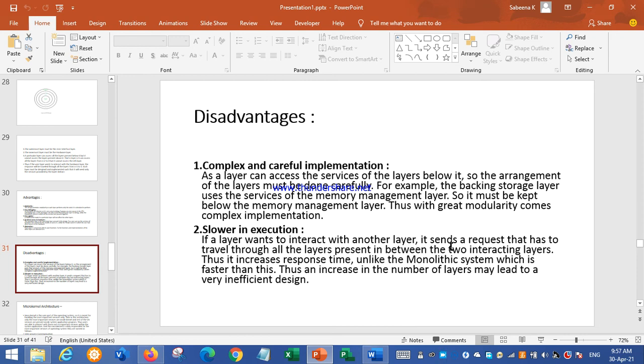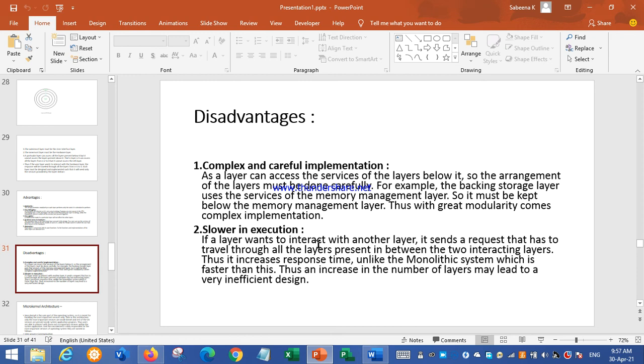So this modularity means very complex and careful implementation is needed. Moreover, execution is slower. For example, if a top layer needs services from the bottom layer, the request has to pass through a number of layers. Normally, its response time will be much longer compared to monolithic design.